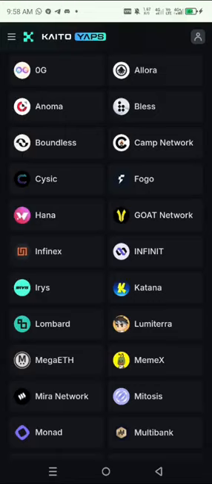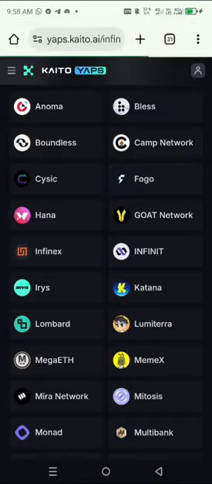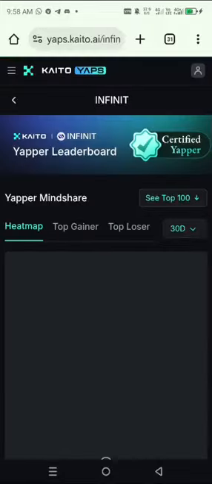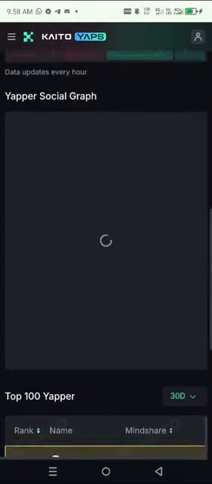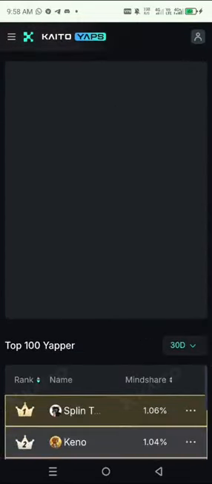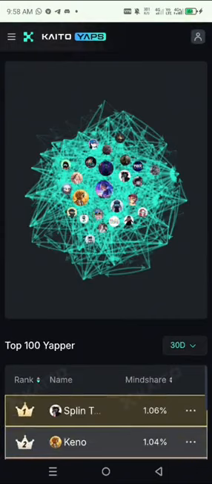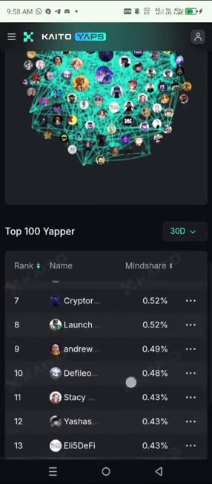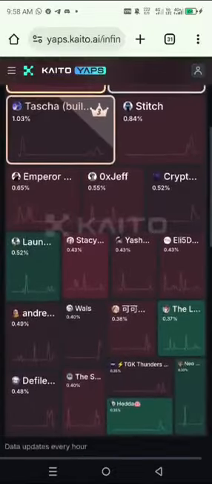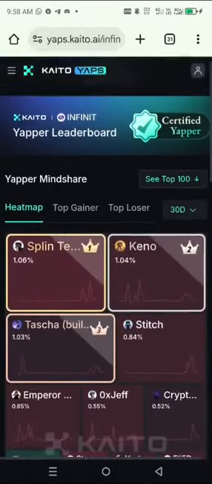All right, so we don't just pick, we pick based on a certain amount of people that they are going to reward, because each project here has certain amount of people that they are going to reward, all right, at the end. So we don't just pick projects at random. And also, like I said, the third section is how to yap. All right, so before I go to how to yap, remember I told us that any project you are doing, this is the leaderboard. All right, this for the Infinis, this is the leaderboard.